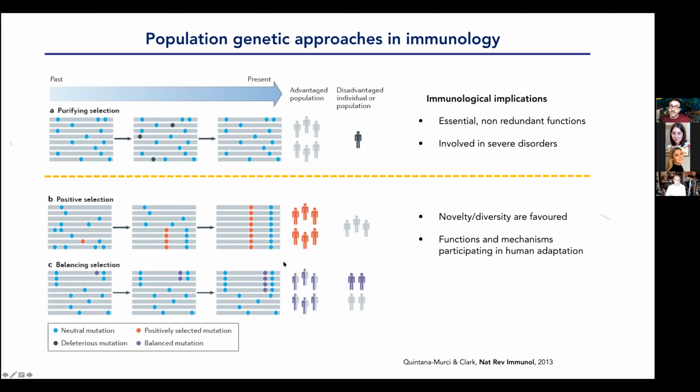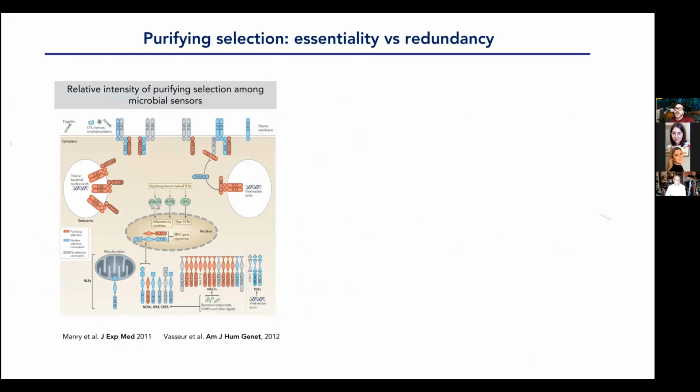Whereas genes evolving under positive selection or balancing selection, in contrast with genes evolving under purifying selection, are genes where novelty or diversity is favored and whose functions and mechanisms have participated in human adaptation. So we have been applying this over the last years to innate immunity receptors. What are innate immunity receptors? When you are infected by a virus like flu or SARS-CoV-2, or a bacteria or a fungus,